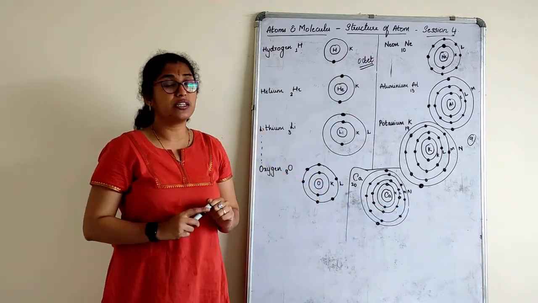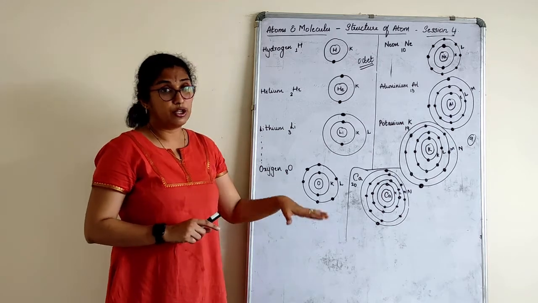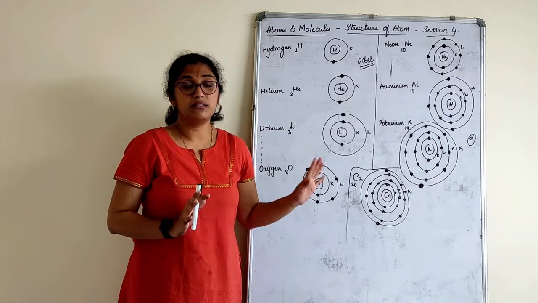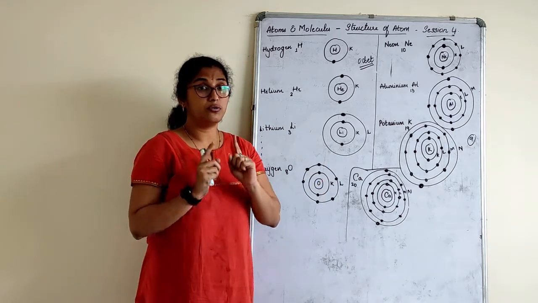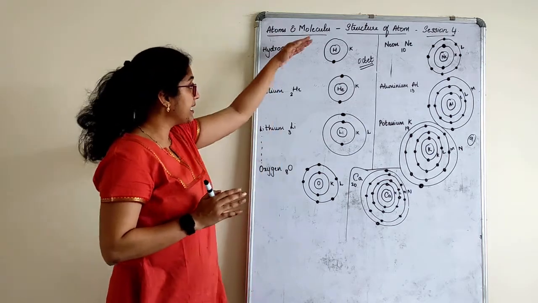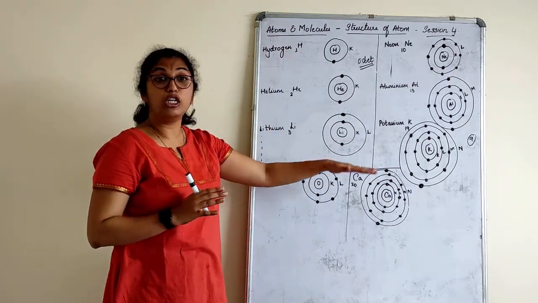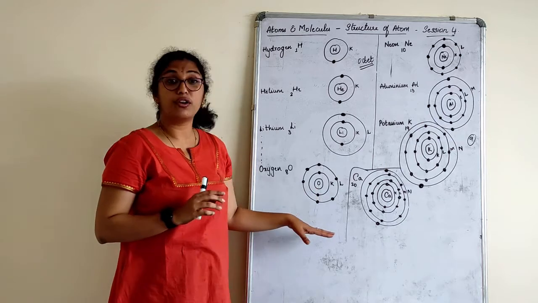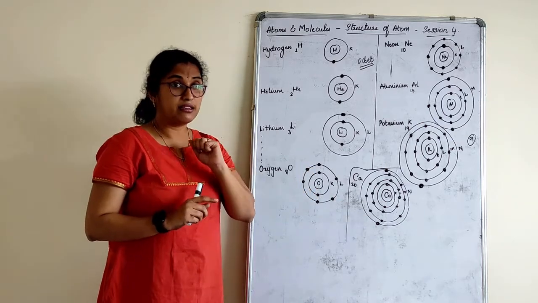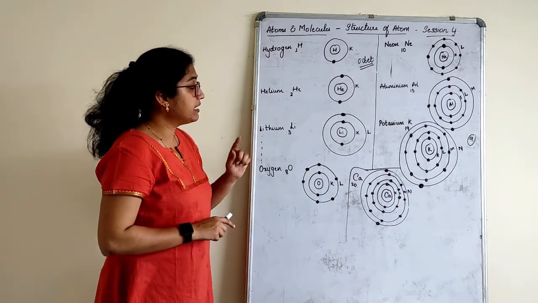Your first work now is to draw this in your book, right? Though it is present in the notes, I still want you all to do this in your book neatly, by writing it down how I have written, for all 20 elements. I have just given an example for 8 elements here. That is point number 1. Second point, I'll teach you now.